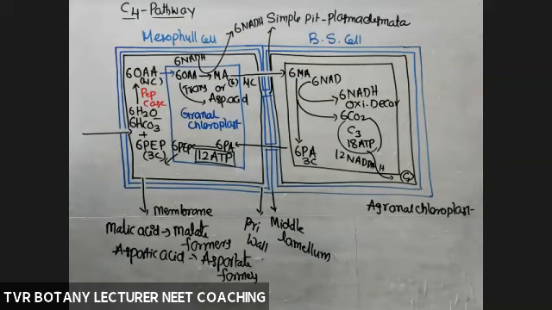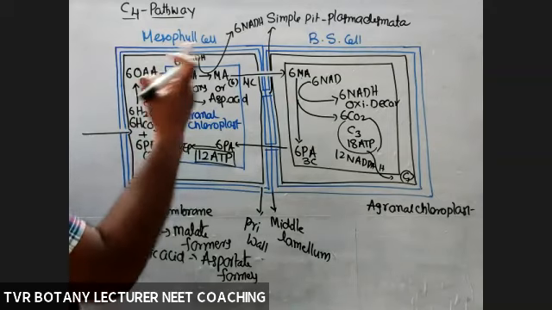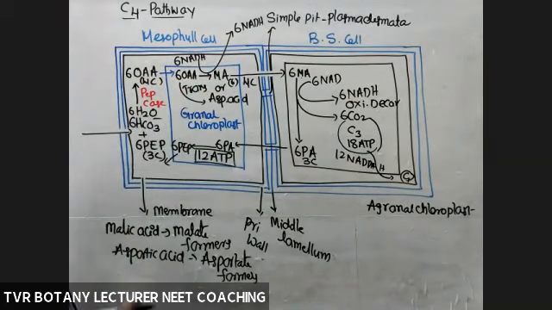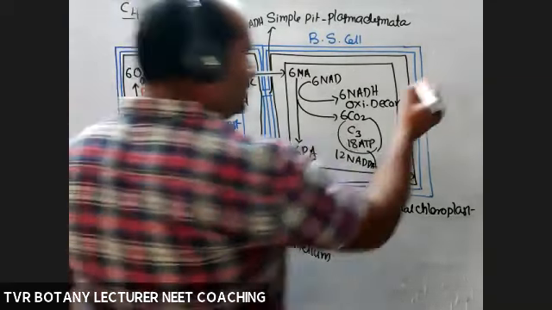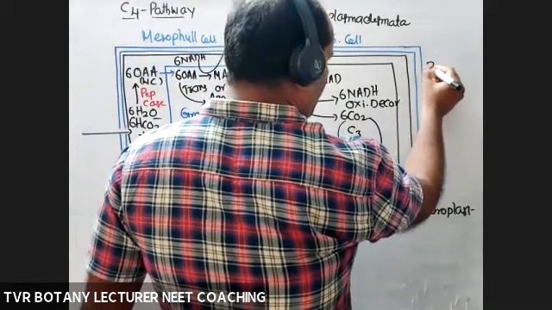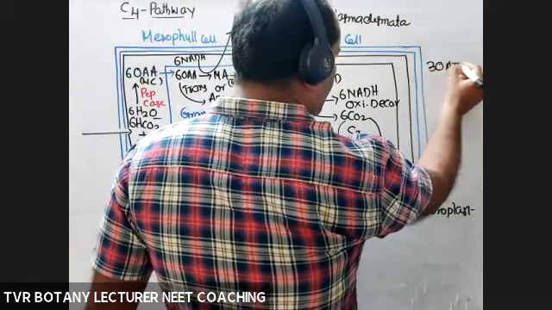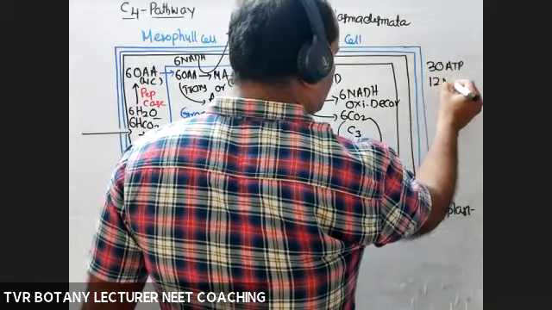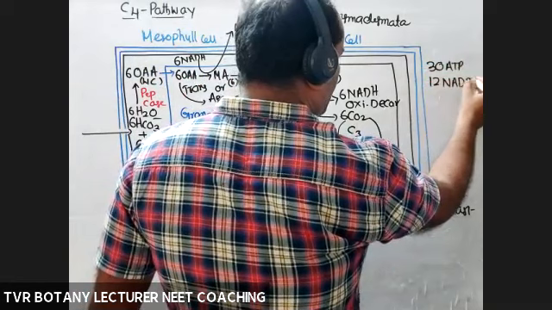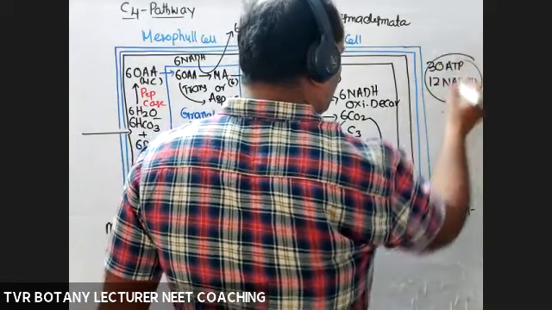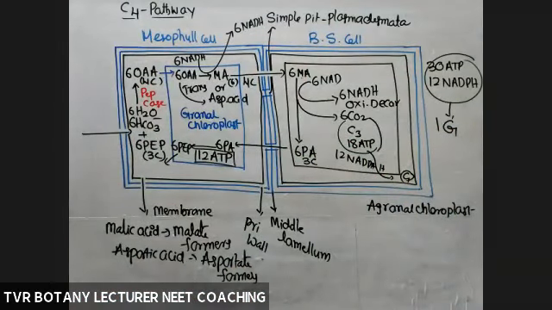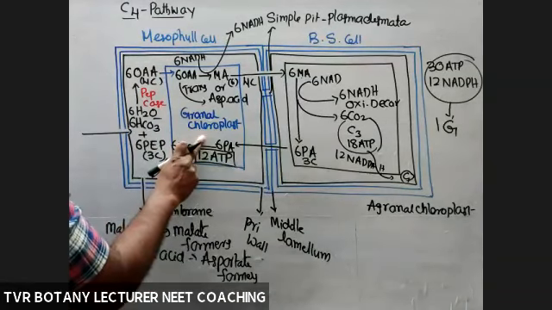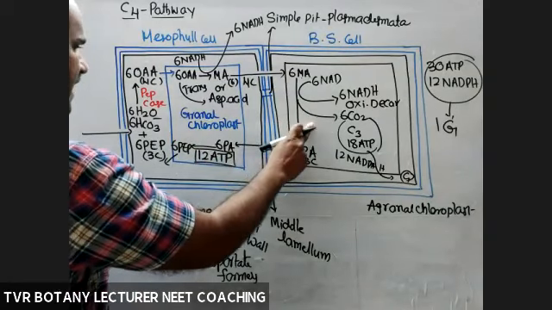So how many excess ATP molecules are consumed when compared with a C3 plant to produce one glucose molecule? 12. Here 12 ATP molecules are excessively consumed. So for the formation of one glucose, the total number of ATP consumed is 30 ATP molecules and 12 molecules of net consumption of NADPH, for how many glucose molecules? One glucose molecule. Okay, right? Here, a kinase enzyme is required. It is a malic enzyme.